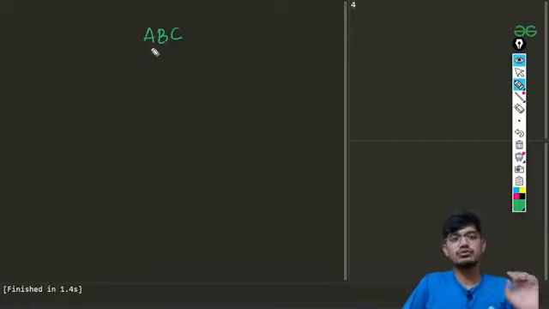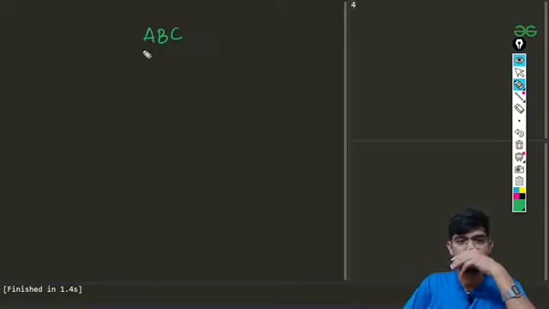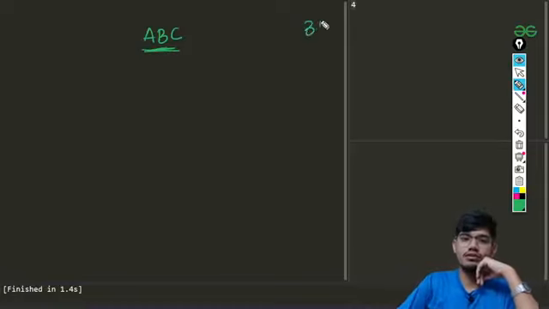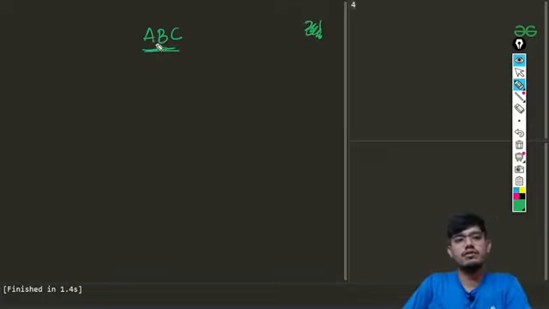So the number of permutations possible for this will be 3 factorial. Okay, let me just check, I think it is 6.